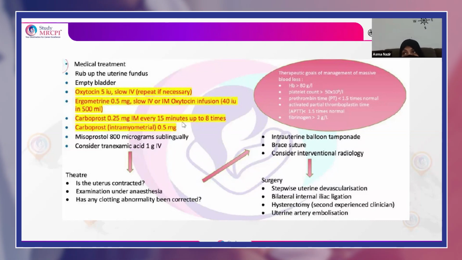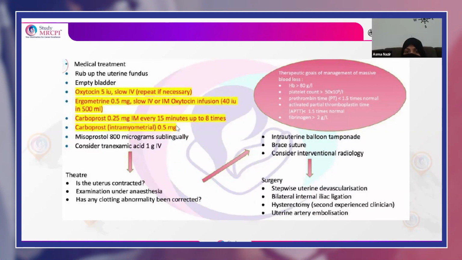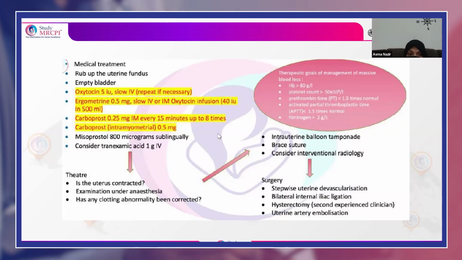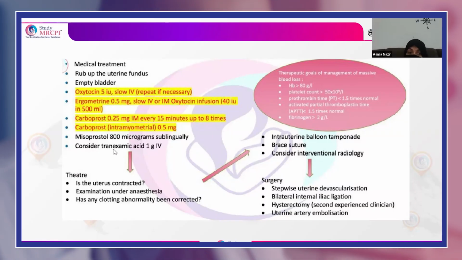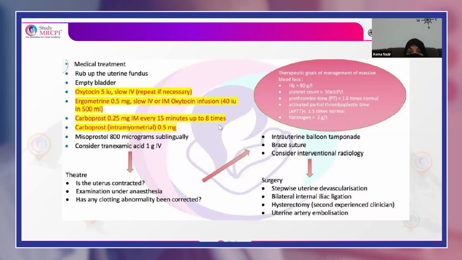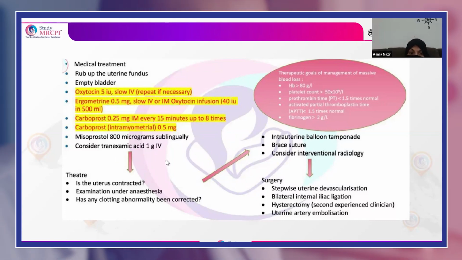If the patient is not hypertensive, then we can go for the syntometrine. If it is not helpful, then carboprost. We can repeat it every 15 minutes up to 8 times, and we can also give it intramyometrial. It provides a very good contraction. Or misoprostol. This carboprost is PGF2 alpha. Before giving it to the patient, it is important to know that the patient should not be asthmatic. We can try 800 microgram of misoprostol sublingually, or we can also consider tranexamic acid. If they are not helpful, then